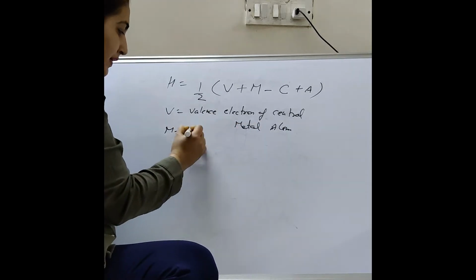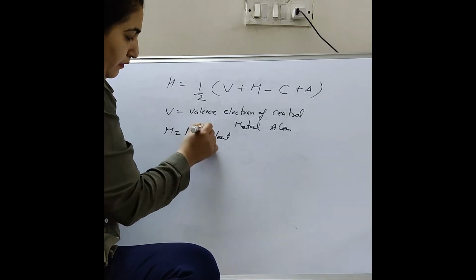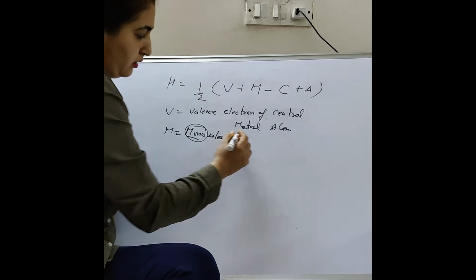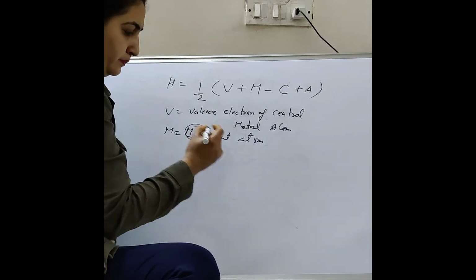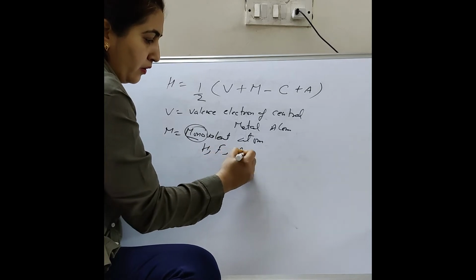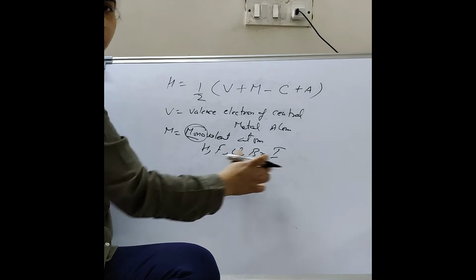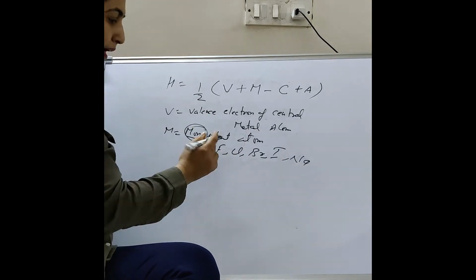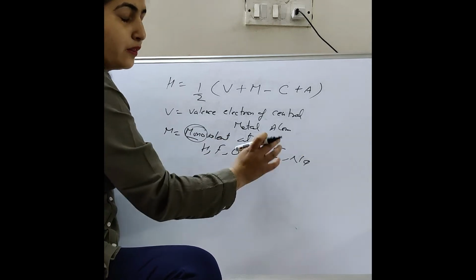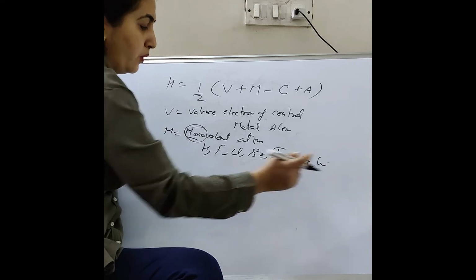M is a monovalent atom. The name monovalent in itself means single. Monovalent atoms are like hydrogen, fluorine, chlorine, bromine, iodine, all these are monovalent atoms. Sodium, the group 1 elements, hydrogen, lithium, sodium, all these are the